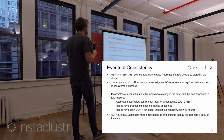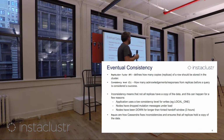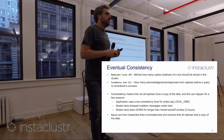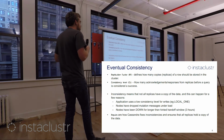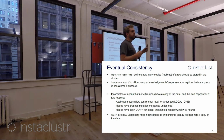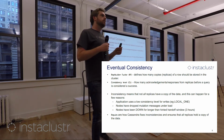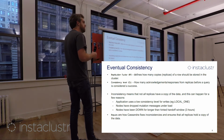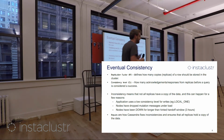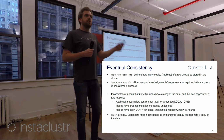Cassandra has a few other consistency levels that make it easier to get what we call strong consistency with Cassandra. It's got this idea of what's called quorum. So quorum is essentially telling Cassandra to wait for 50% plus 1 of the replicas before it responds back to the client to confirm a result. What that means is with a replication factor of say 3, it waits for 2 out of those 3 to